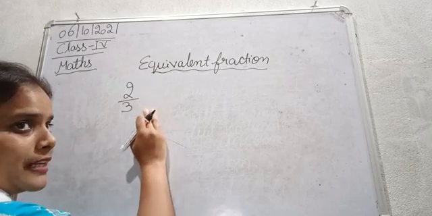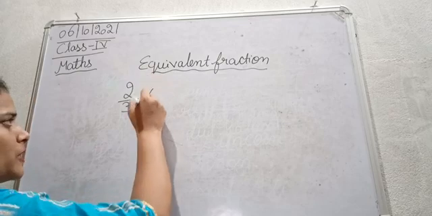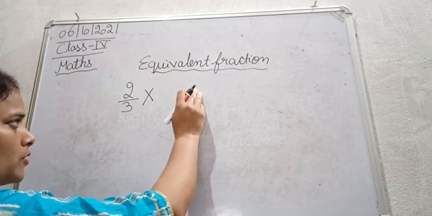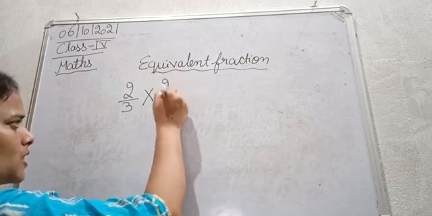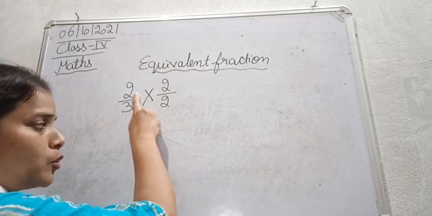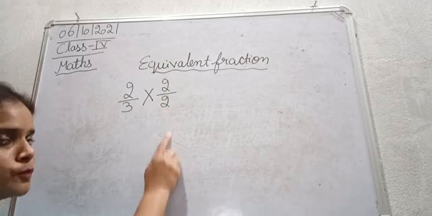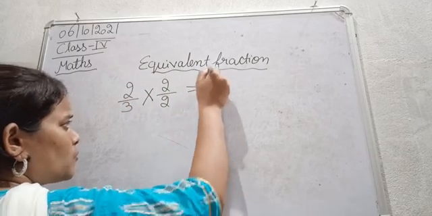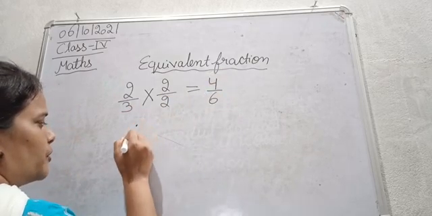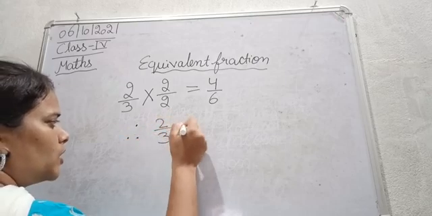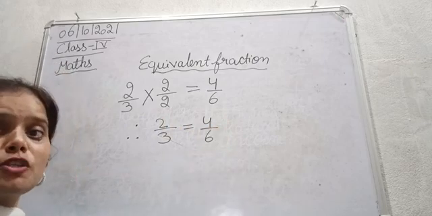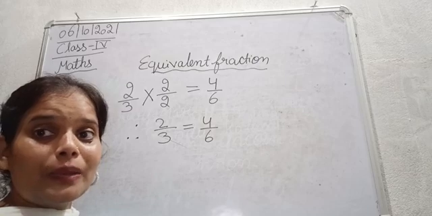Okay, so now we have to find the equivalent fraction. So we can use multiplication. देखो अगर हम दोनों को 1 से multiply करेंगे, the answer will be 2/3 only. So multiply both numerator and denominator with the same number, that is 2. So now we are multiplying numerator 2 with 2, denominator 3 with also 2. Okay, 2 2s are 4, 3 2s are 6. Therefore, 2/3 is equal to 4/6. Okay, so that means जो 2/3 है बेटा वो हमारे 4/6 के equivalent fraction है.